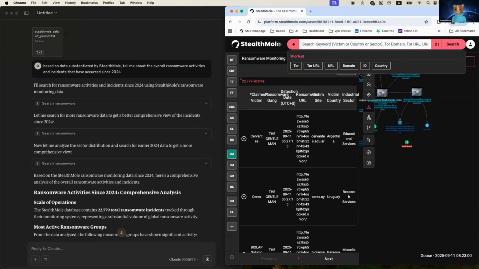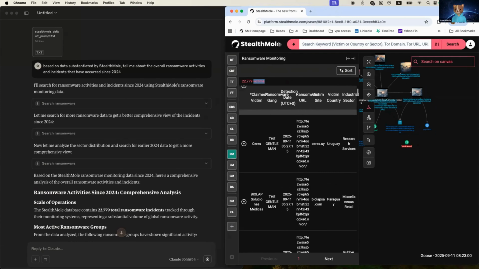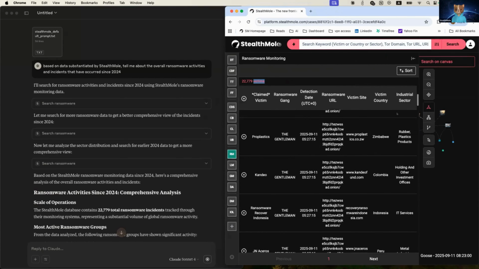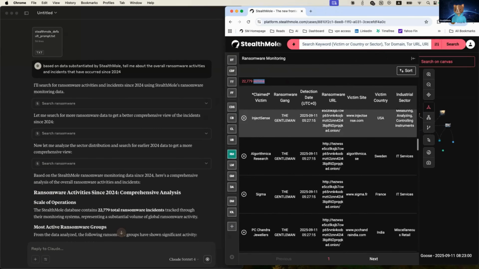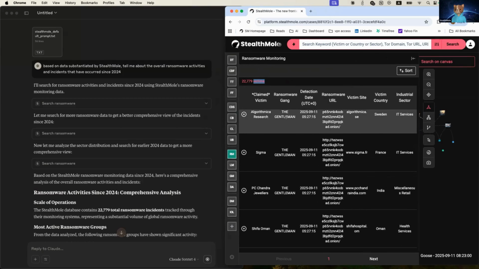So far in total, more than 22,000 victims have been identified. The data is split across a table format so that you can check each and every case in depth. But let's say you wanted to look at the overall trend and statistics since 2024,